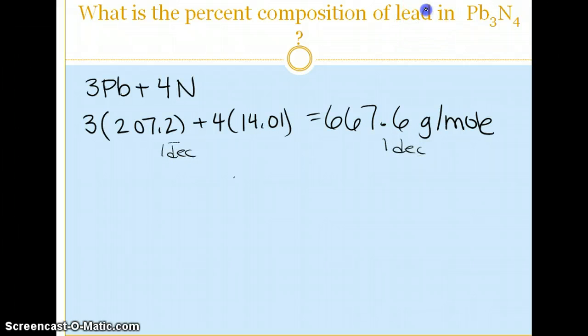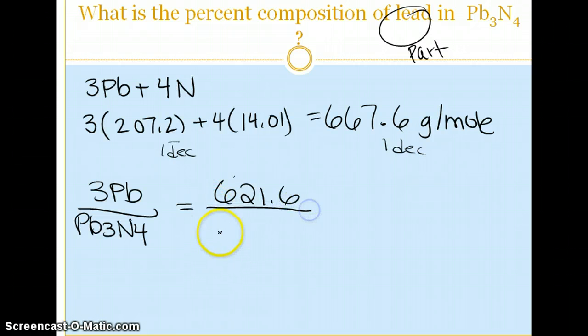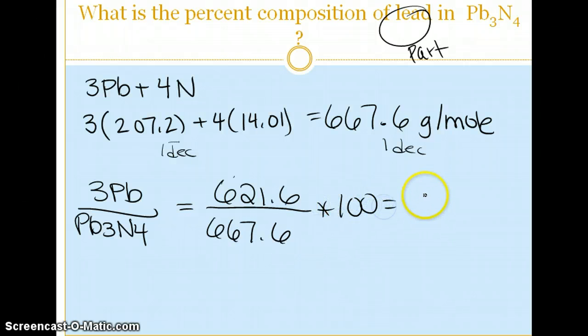Then the question is asking for lead. So our lead is our part. We have 3 leads, so it's 3 Pb over our Pb3N4. So we plug in 3 times 207.2, and we're going to get 621.6. Divide that by our 667.6, multiply it by 100, and we're going to get